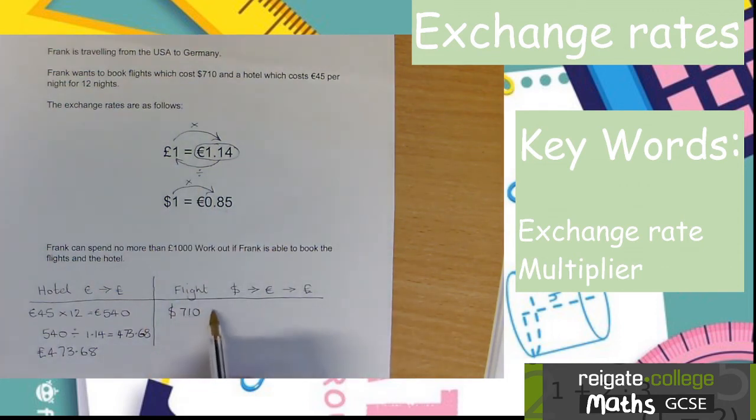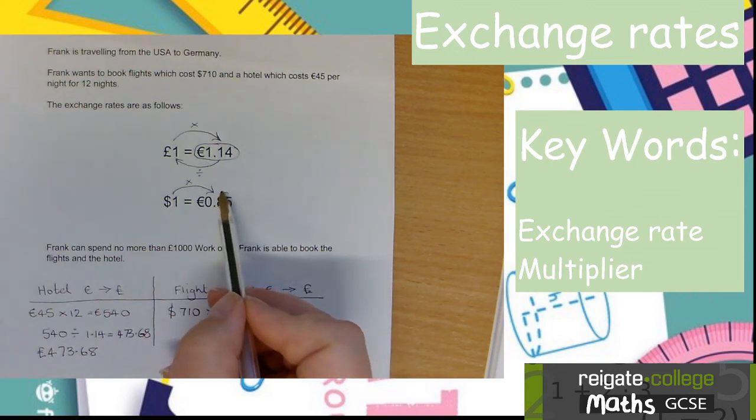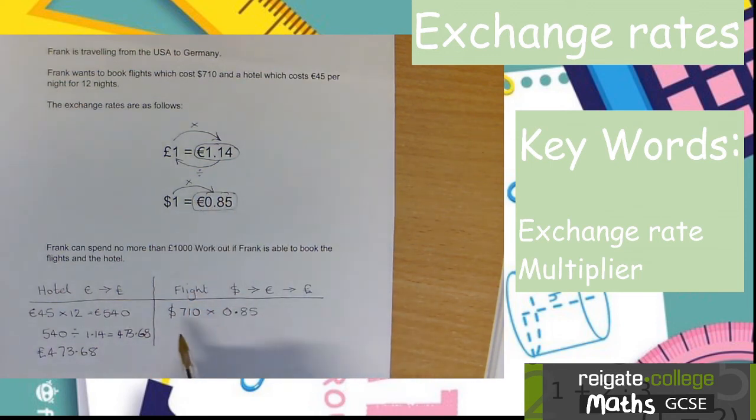So dollars to euros multiplication using the exchange rate here. 710 multiplied by 0.85 means Frank's flight in euros would cost him